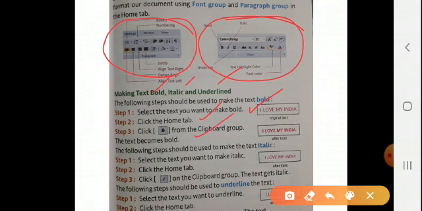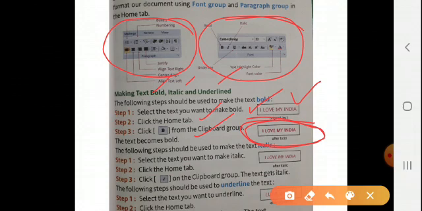and from the Font group the text becomes bold. Earlier it was normal, and after making it bold it will become like this, a little bit highlighted. Understood the difference? You can see very well from here. Next, italic: it will become a little bit slanted.